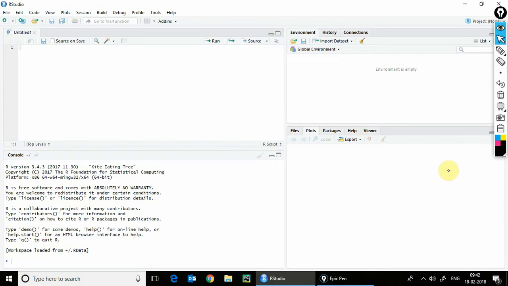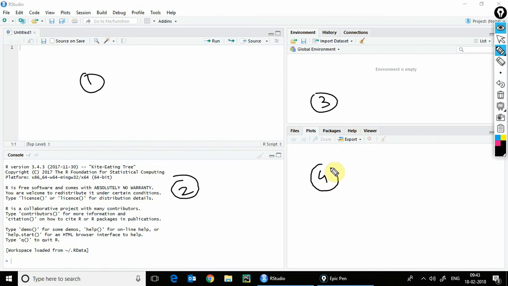You can see here this RStudio window has been divided into four parts. So I'm going to number those parts so that you can understand very easily. This is part number one, this is part number two, this is part number three, and this is part number four. Let's discuss each part one after another. This part is also called the code editor, or sometimes people also call it the source. In this portion we are going to write our program,